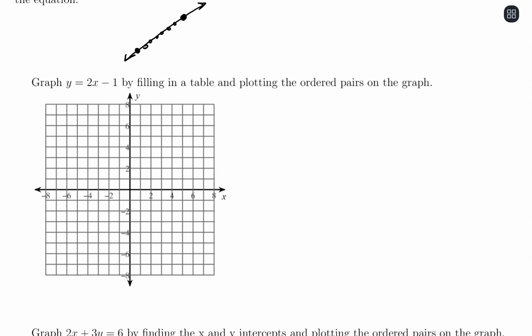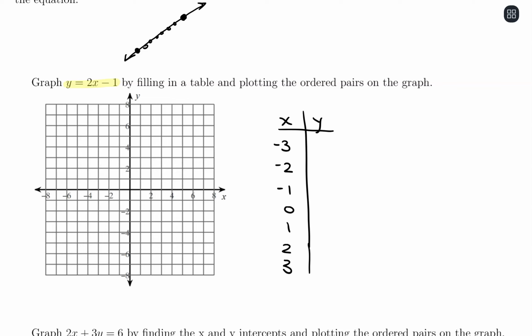So we want to graph y equals 2x minus 1. And we want to do it by filling in a table and then plotting the coordinates. Now, making a table of values, I recommend grabbing some negative values, some positive values. How about let's go -3 up to +3. So this is going to find us lots of coordinates. Again, minimum we would need 2 in order to make the graph, but having more can just kind of confirm